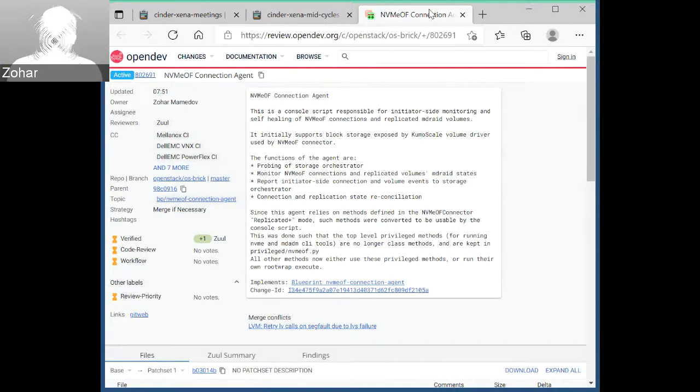Now, this change is only being done to the replicated mode of operation. Looking at it from the last cycle, when we introduced all of this new NVMe-OF stuff, all of the changes I'm talking about only affect the part of the NVMe-OF driver that handles this new code. The SPDK driver and the previous mode of operation are untouched. So this is basically my overview of the level of invasiveness of this change.